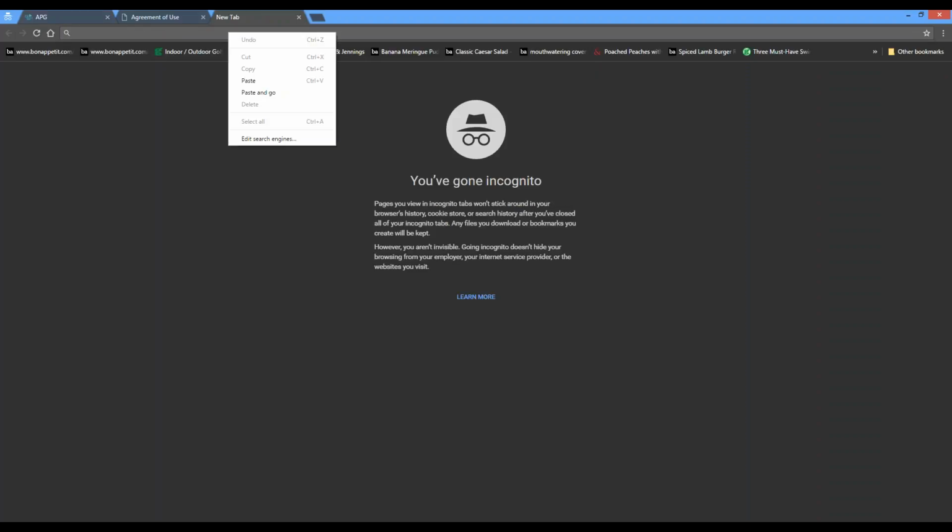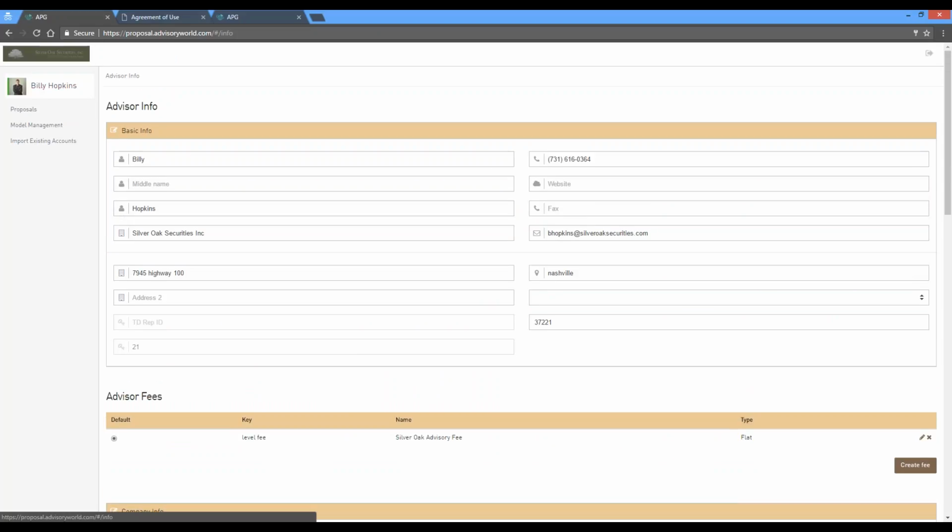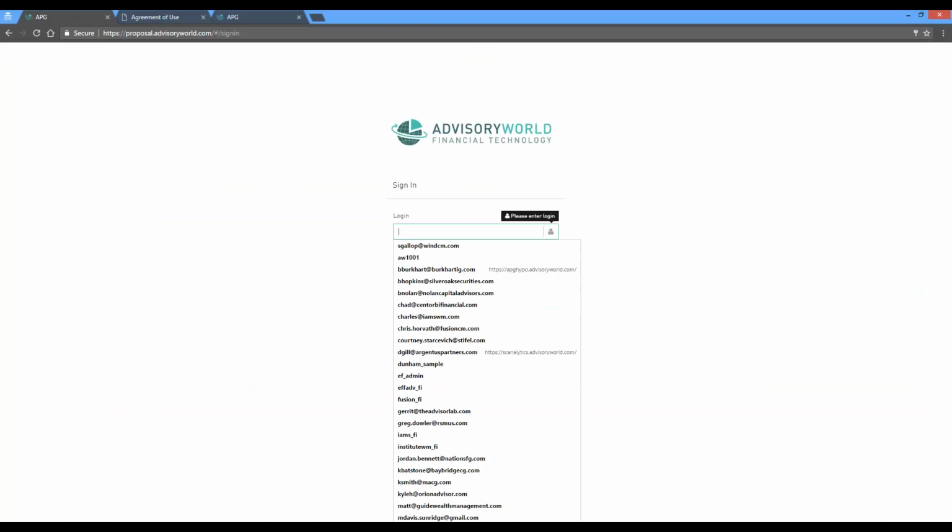And if I copy and paste this link into this web address, you'll see that if I'm an investor and I had gone to your website or your LinkedIn profile or Twitter account or whatever it may be, I could click on that and I would see this. So it says, welcome to Silver Oak Securities Proposal Questionnaire. They would go through an authentication process, fill out a risk profile questionnaire, enter some personal information, and then what would happen is the next day, or your next login, I should say, the next time you log in,